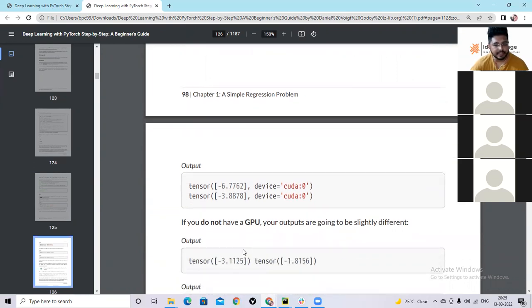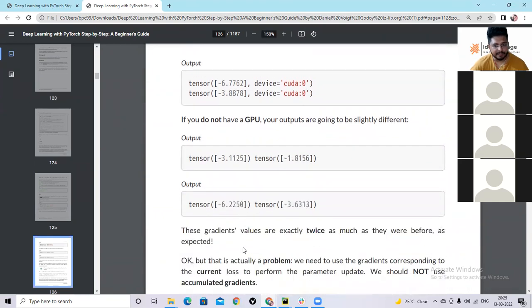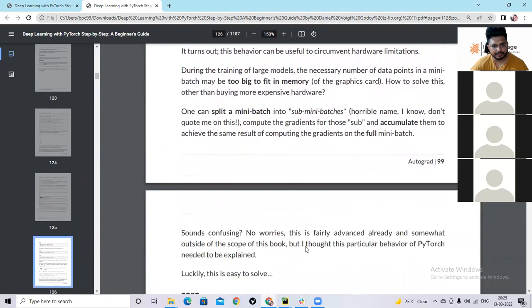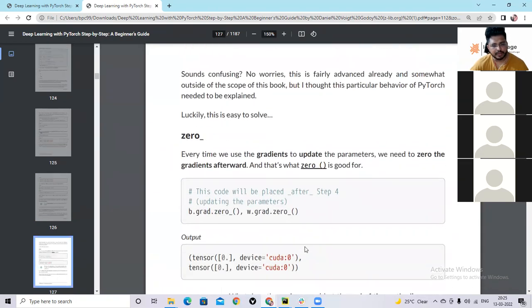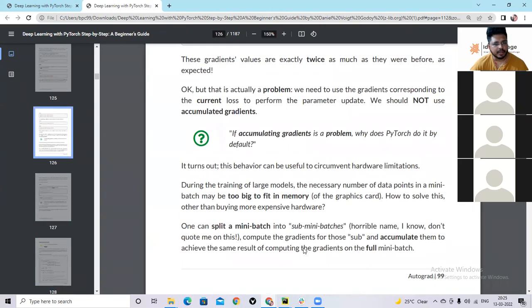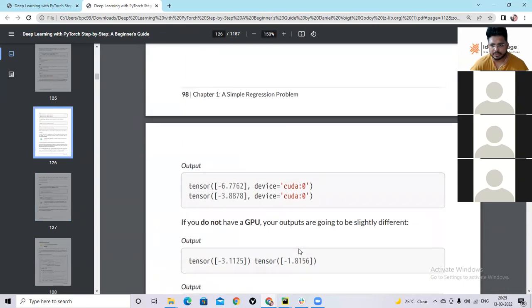Now, why is this happening? This is happening because of a problem called the accumulating gradient problem, which PyTorch has by default. There is a way to circumvent this problem, which we will talk about in the next class.